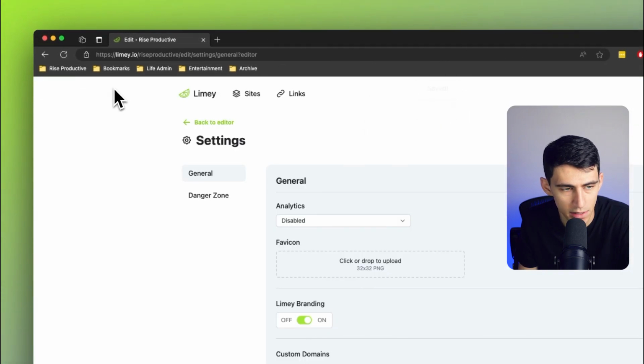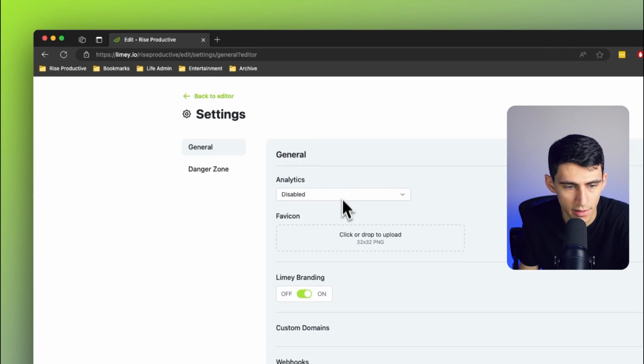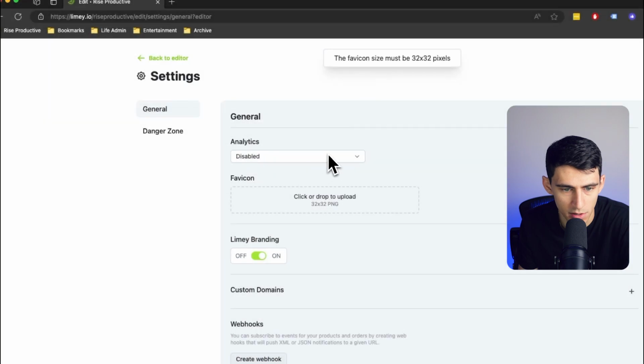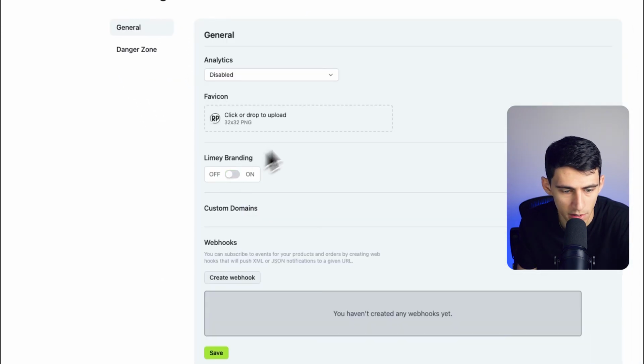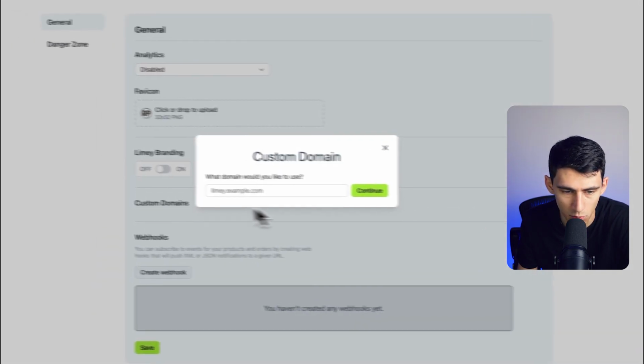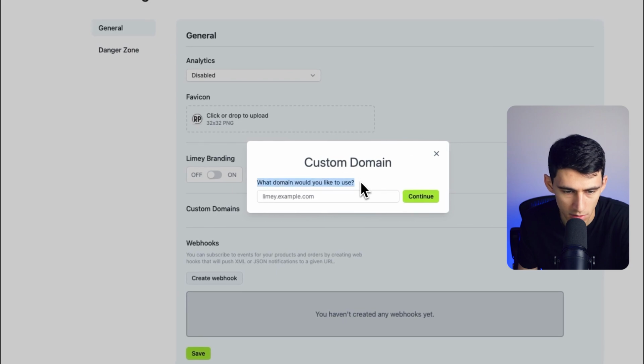Now, if I press on the gear icon on the top left, I then can adjust the favicon really quick. Make sure I pick one that's 32 by 32. So this one should be good. Turn off the Limey branding. And then if you're on the light version or above, you can press this right here and you'll see what domain would I like to use. I'm gonna use